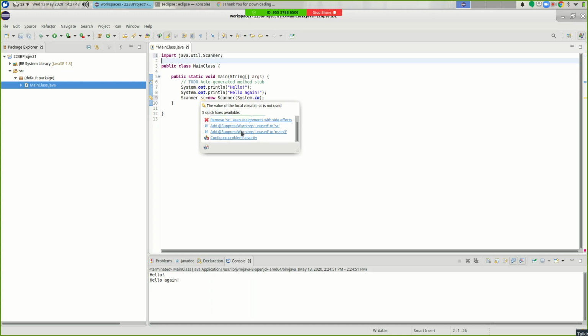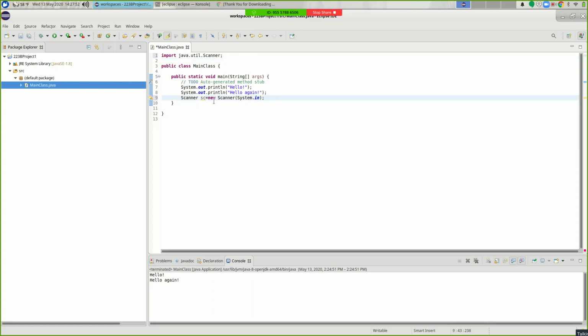Well, we just haven't gotten to the part of our code where we're going to do anything with SC, right? So if you're worried about these things while you're writing, you're going to spend most of your time trying to understand Eclipse. This is why I say you might want to get in the habit of just ignoring this stuff until you feel like you're at a place where there shouldn't be warnings or errors, and then pay attention to them. Okay, so let's input some stuff.